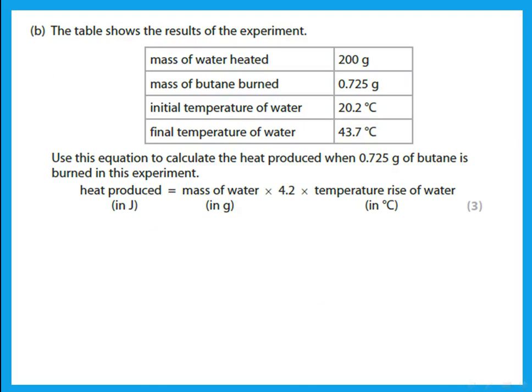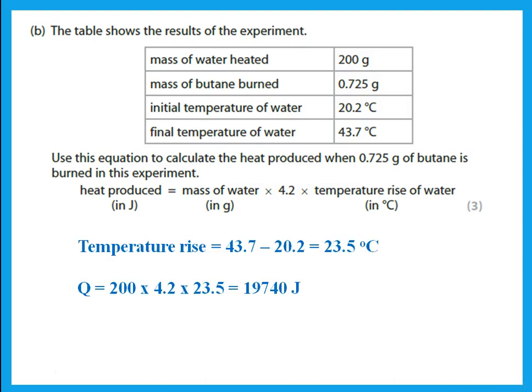Then he said the mass of water heated is 200 grams. The mass of butane used is 0.725, and this is the initial temperature and this is the final temperature. Now use this to calculate the heat produced. So again, heat produced is Q. We said this is equal to mc delta T. The mass here is 200. The 4.2 is the specific heat capacity, and the temperature rise is the difference between the two temperatures,